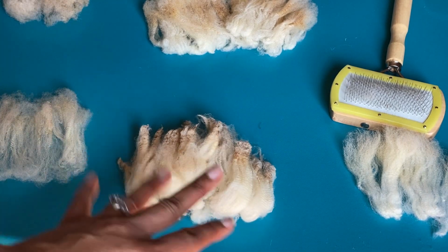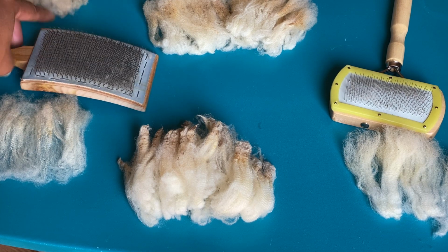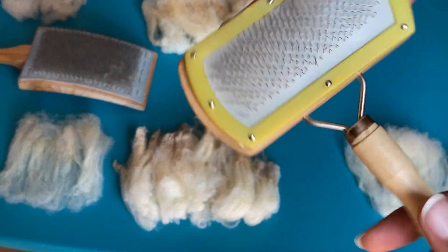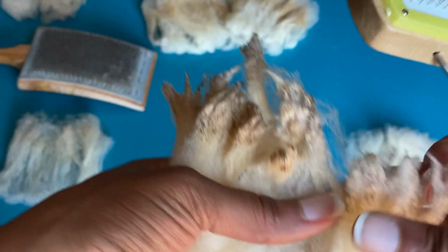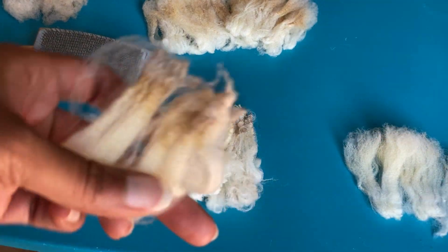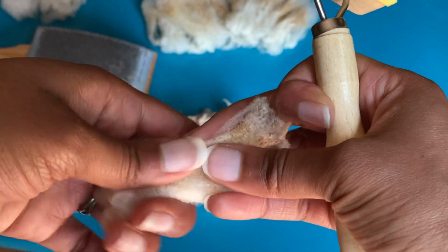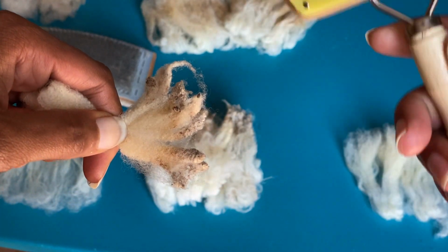So that makes things easier. Now, if you want to do what I just did with the flicker brush with your pet brush, you just take some of the same locks. You're doing the same exact thing where you are taking some small amount, twist, pinch, and even though this one